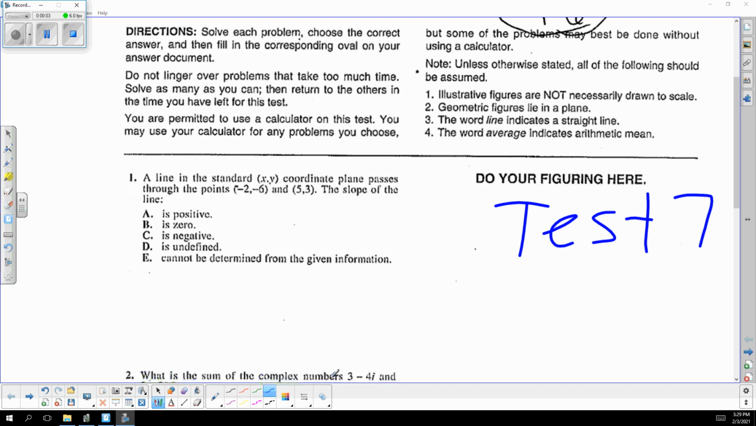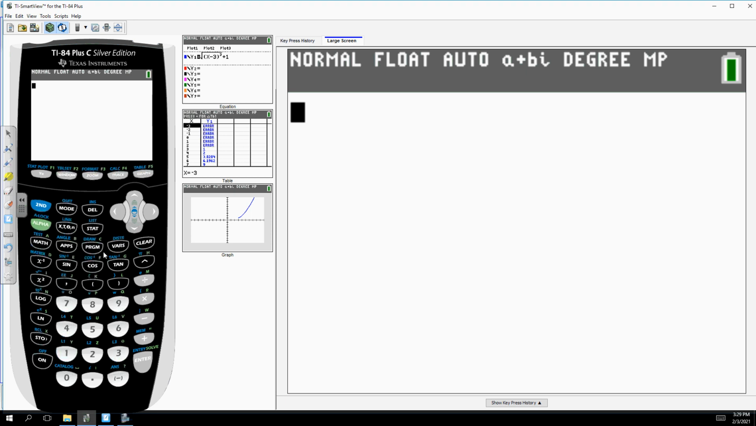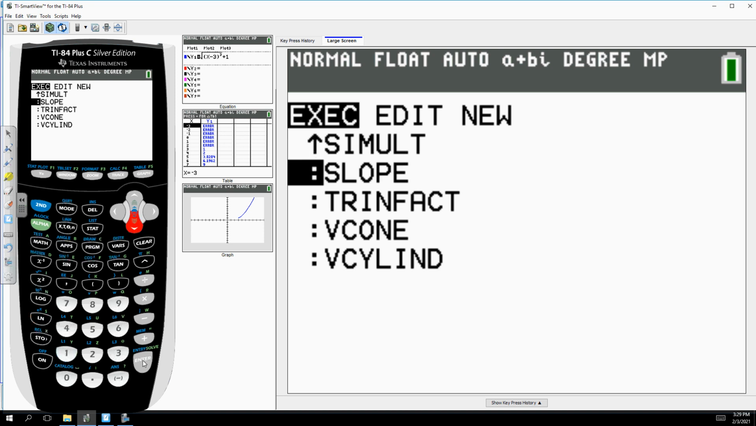And away we go, test 7. Test 7 begins with a slope. They want to know the slope, so we could go down to the alpha S slope program